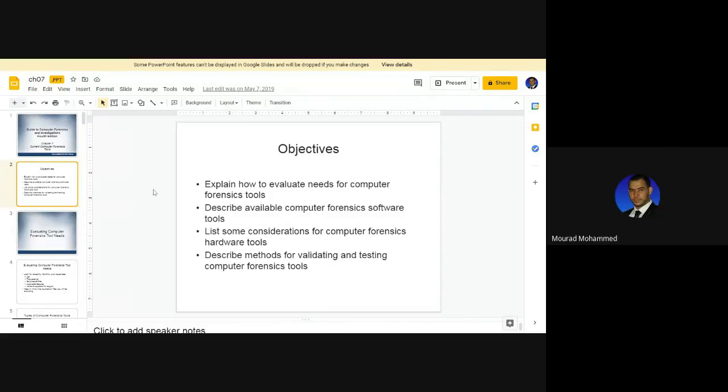In this part, we are going to continue reviewing the utilities or the tools responsible for accomplishing the investigation and the forensics. We are going to discuss from an abstract view the need for specific tools, software and hardware tools, to accomplish the investigation or the forensics task, or what the needs are. And we see the forensics software responsible for accomplishing different investigation tools,